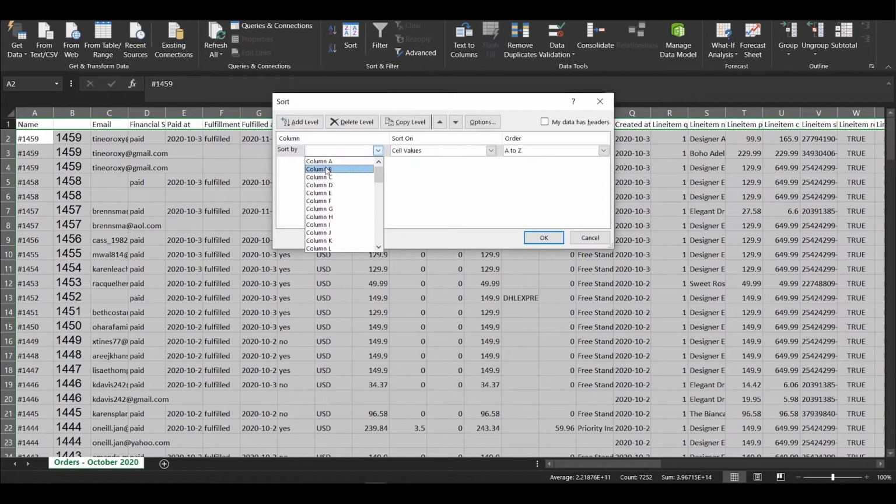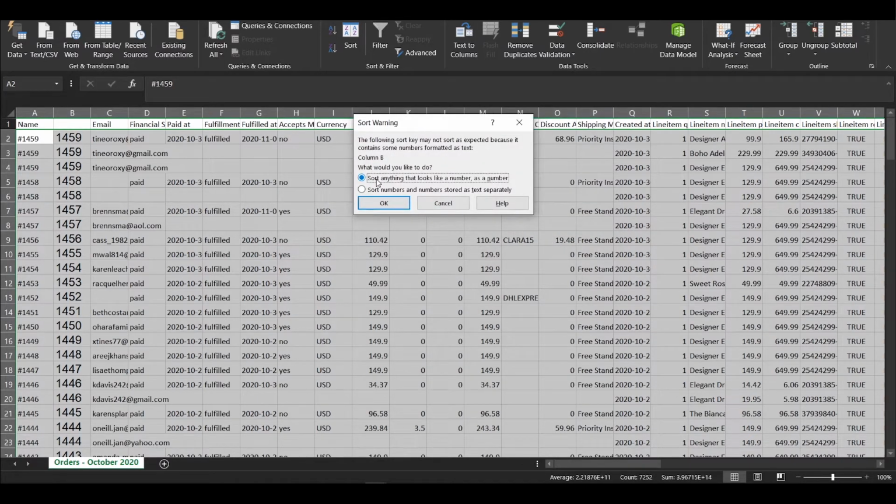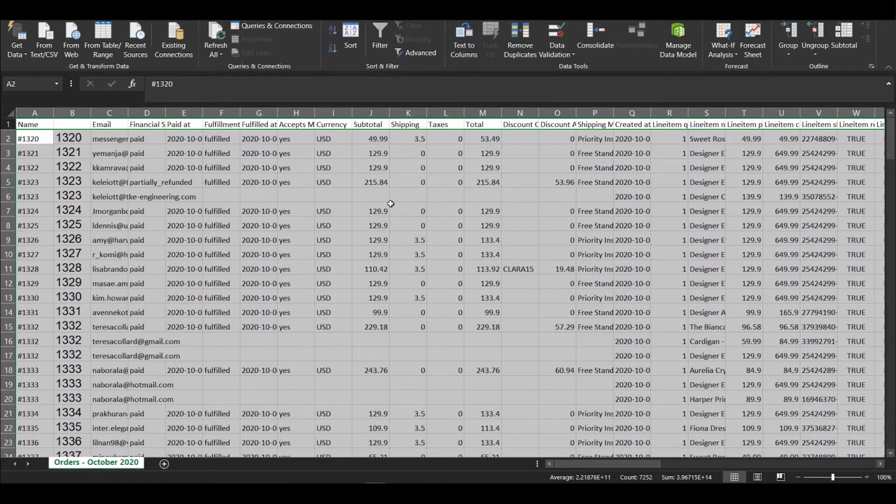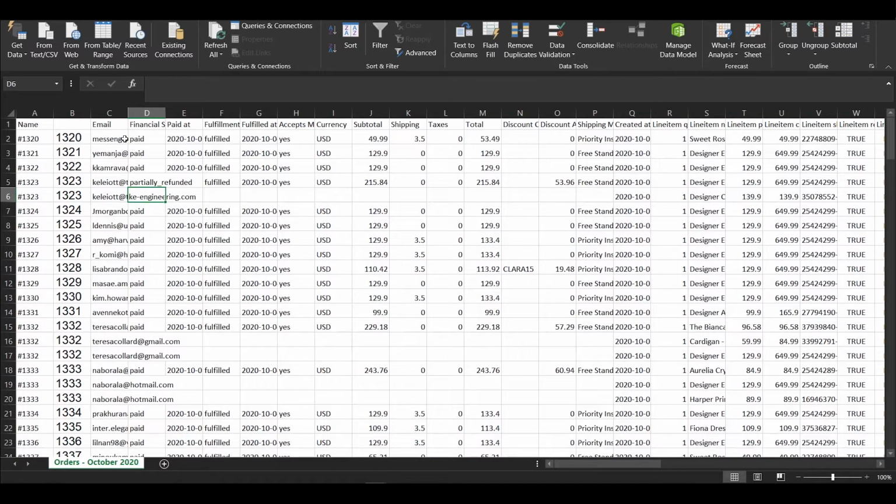Then sort by column B, since our invoices are in column B. Cell values A to Z, okay, and click on sort anything that looks like a number as a number, and click on OK. So here you go, our data is sorted on the basis of the invoice numbers.